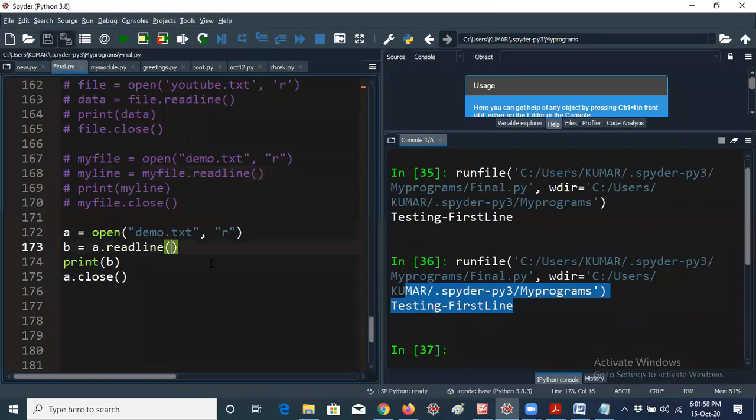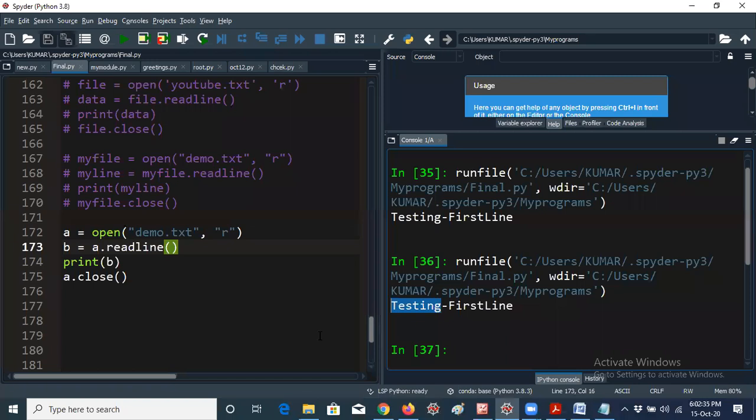For example, if you want to give a number, how many letters do we have in "testing"? Can you please text in the chat box how many characters you have in testing? Guys, please respond in the chat box. I just want to interact with you, whether you are following or not. Kamal Kumari, Ambika, please check once again. Testing, how many characters do we have?